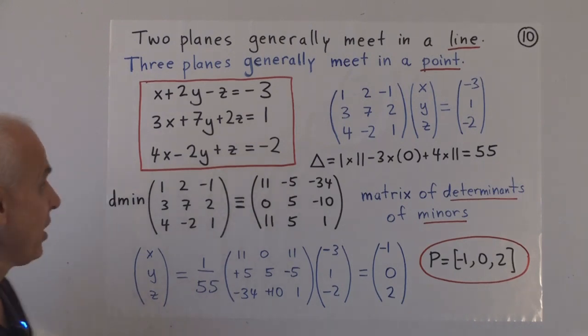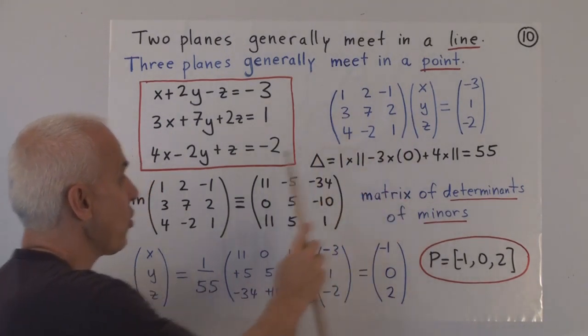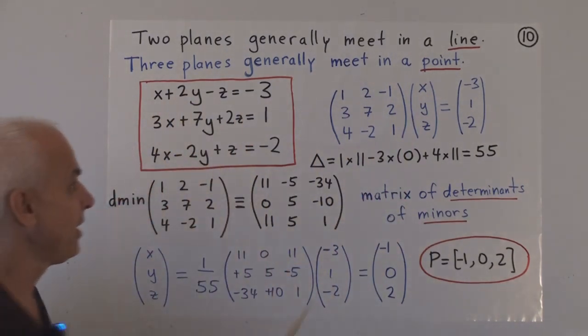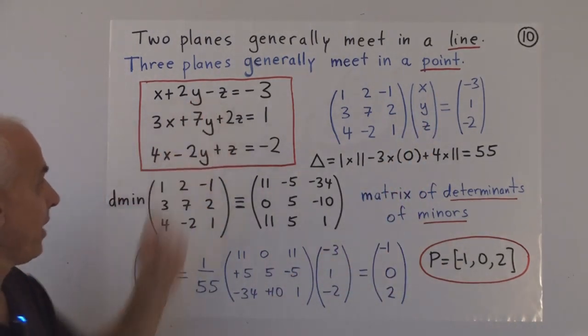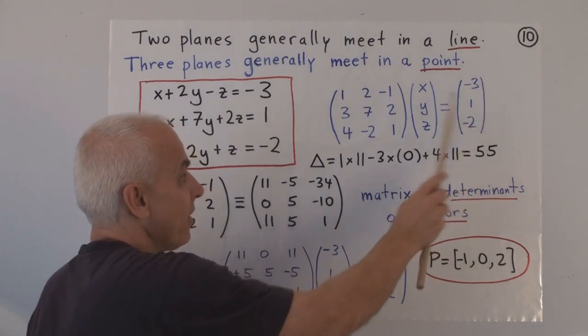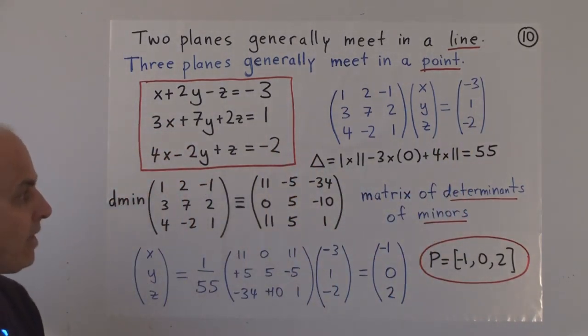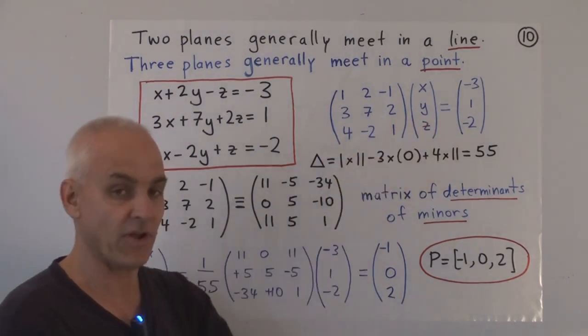We know how to do that. We rewrite this in matrix form. There is the coefficient matrix for this left-hand side. Here are x, y, and z, the variables. And here is the vector of numbers on the right-hand side. And to solve this, we have to multiply by the inverse of this matrix on both sides.